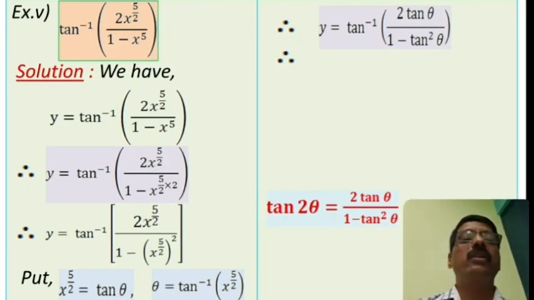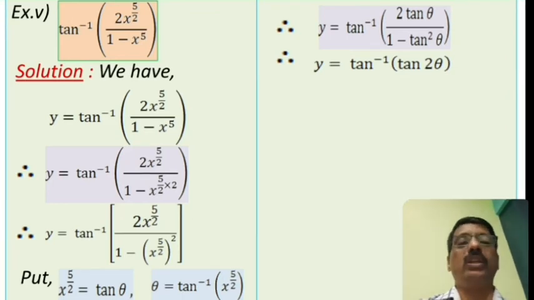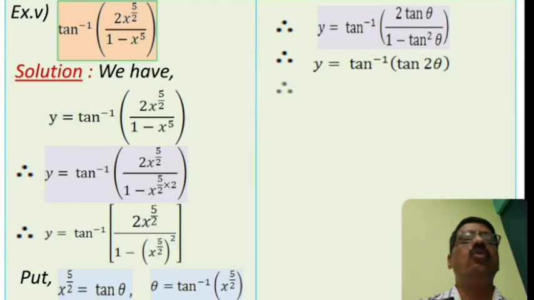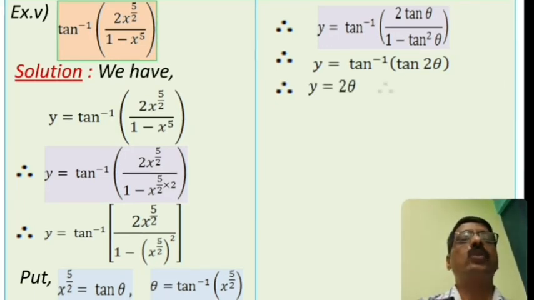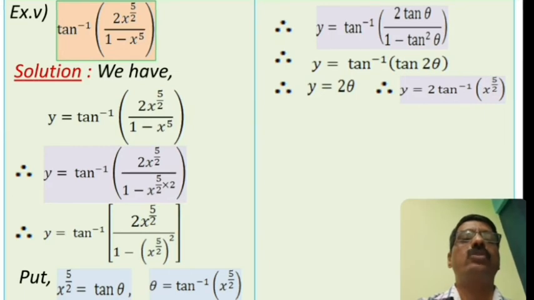Then the given function becomes, in the simplest form, y equal to tan inverse of bracket tan of 2 theta. Then tan inverse and tan cancel, only 2 theta remains. That is the simplest form, and therefore we get y equal to 2 theta. Again resubstitute the value of theta, therefore y equal to 2 into tan inverse of x raised to 5 upon 2, because we have already found the value of theta equal to tan inverse of x raised to 5